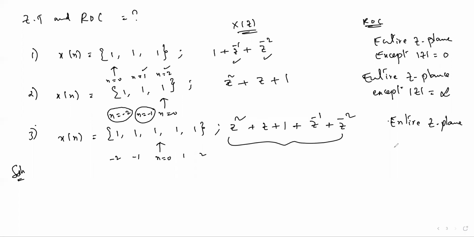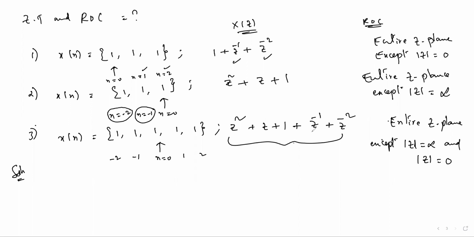Here Z is there, that means Z should not be infinity. So the exceptions here: mod Z should not be infinity, and Z inverse is there, that's why mod Z should not be 0 also. Both are exceptions. Like that you can get a sequence from the given polynomial in X of Z. Observe, this practice is mandatory for us to save time in the examinations. They are giving big expressions in terms of Z polynomials, so you can get it easily in sequential form if we know this once.